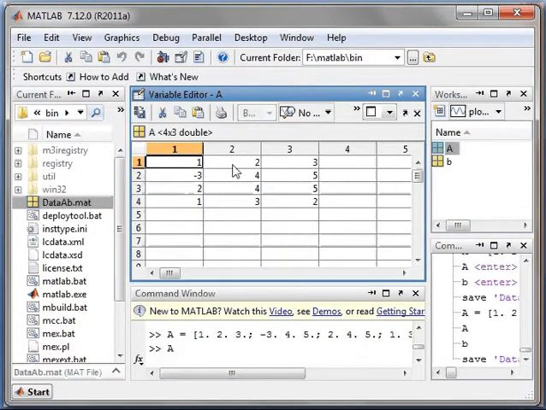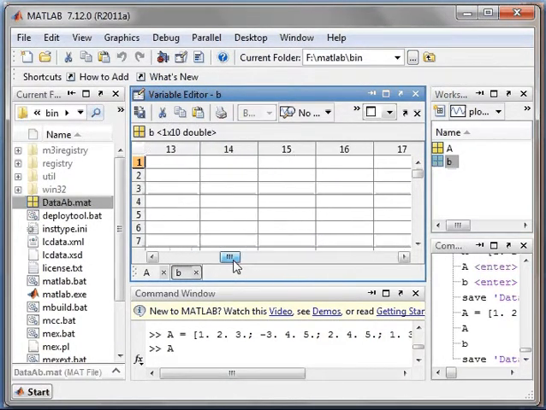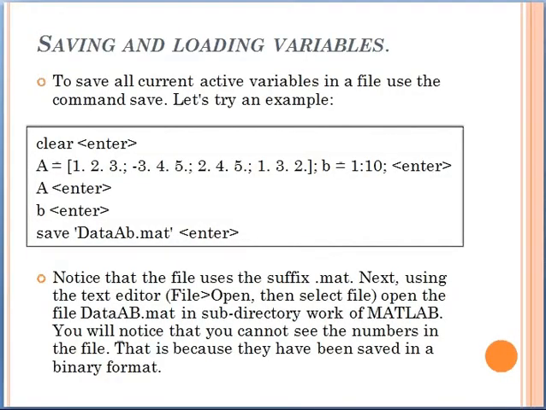See, here in the Excel it is giving me the value of A and the value of B till 10. So to save all the current active variables in a file, use the command save and give the file name with the .mat extension.